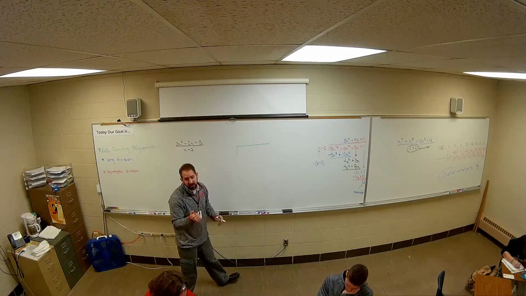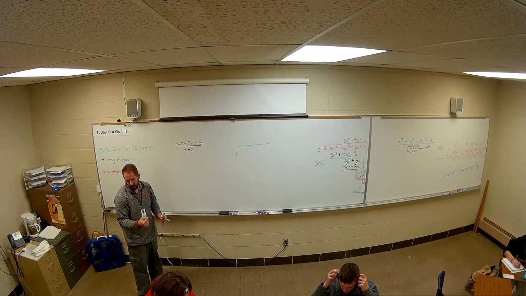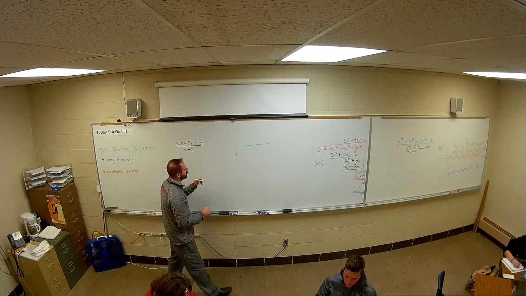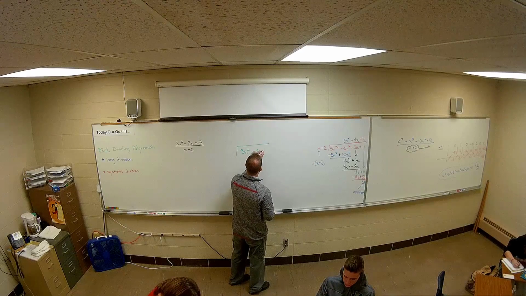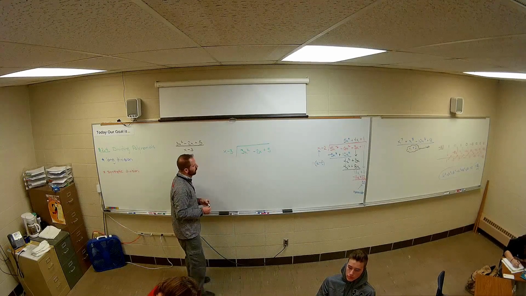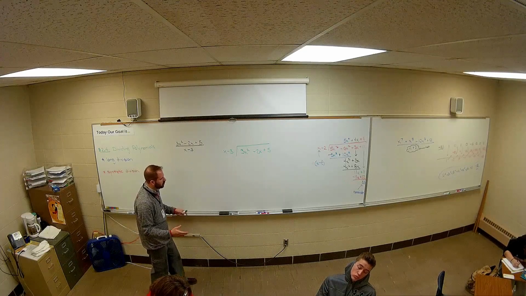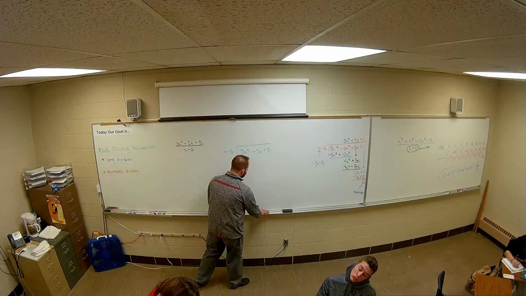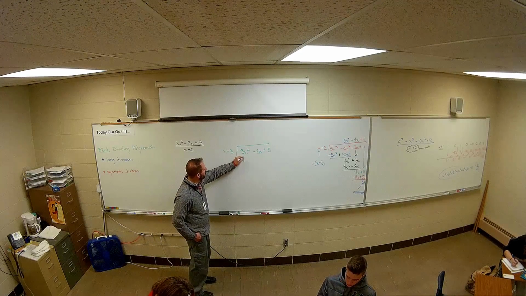Now, could we do synthetic? Yes. We're dividing by something easy. We could do synthetic if you want to check the answer. But I'm going to do long division just to get some more practice. So 3x squared minus 2x plus 5. On the outside, we have the x minus 3. And again, if there's any zeros, you have to fill those in. We're not missing any terms. All right, so what do we take times an x to make this thing?